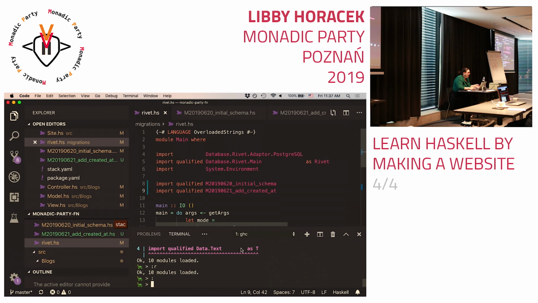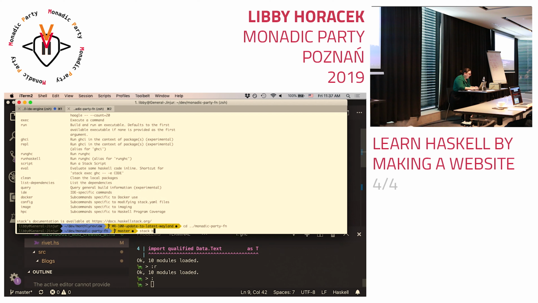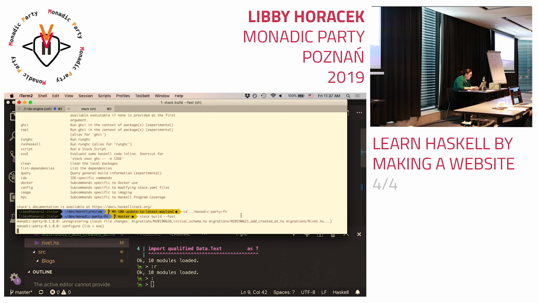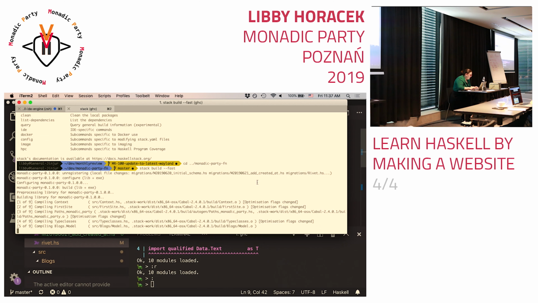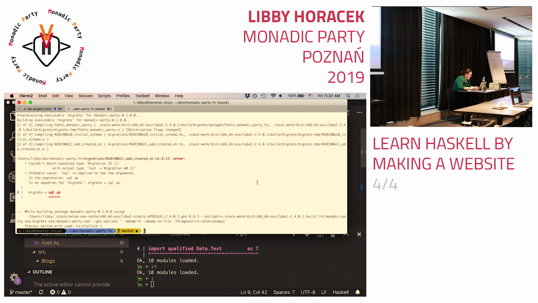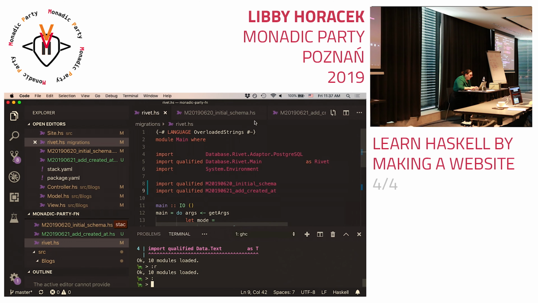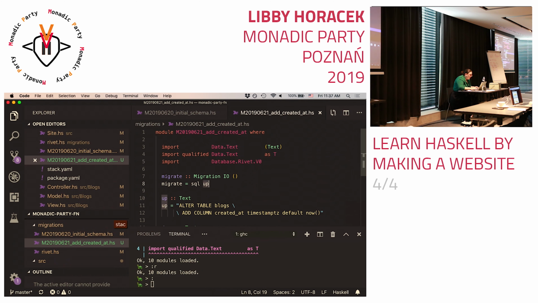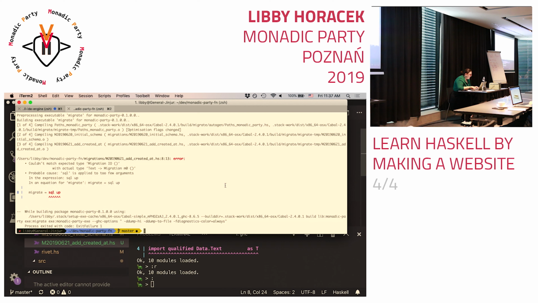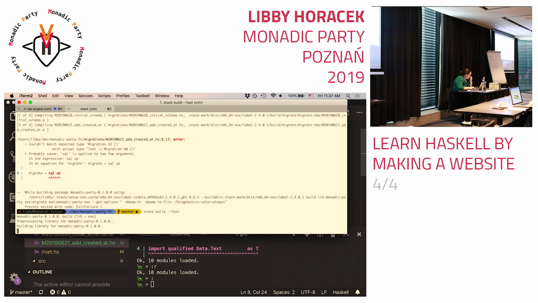Since I didn't load this executable into GHC, I loaded the other one, I'm going to just build it in my terminal. Oh, and it is a little bit of a pain that you have to compile to get your migrations, but